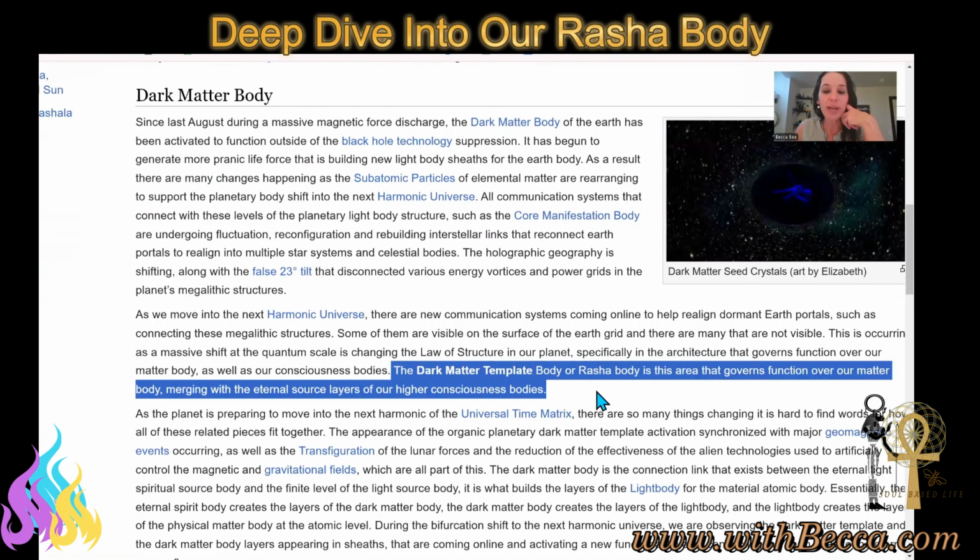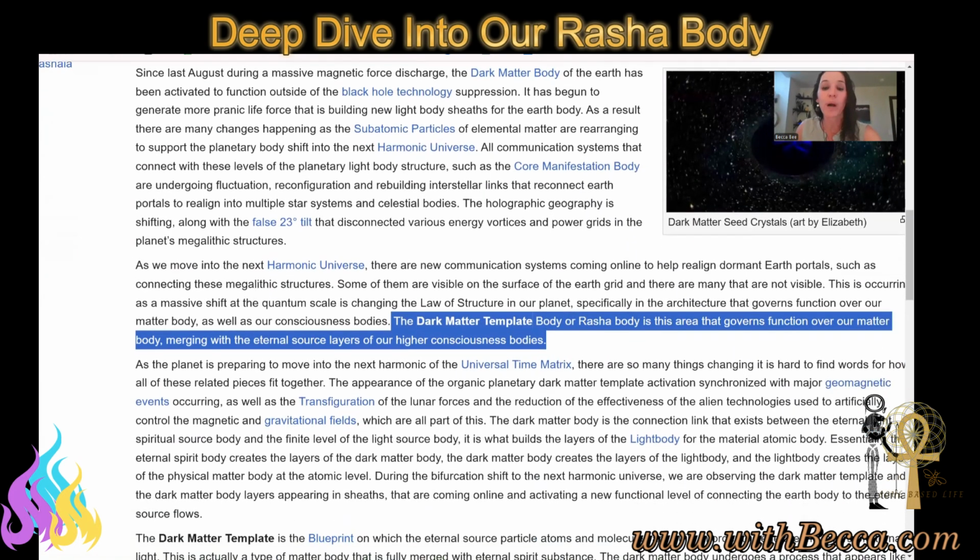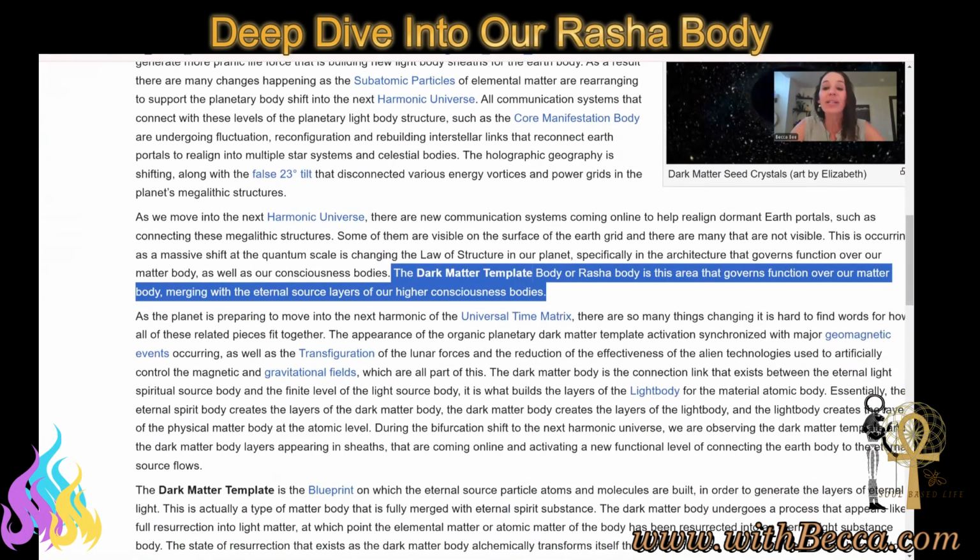Yes, the dark matter template body, or Rasha body, is the area that governs function over our matter body, merging with the eternal source layers of our higher consciousness bodies. So our Rasha body gives direct instruction sets to our atoms within our body, our molecules within our body, our template. It's really the energy in the birth of our womb chakra that says, what is that fetus going to turn into?